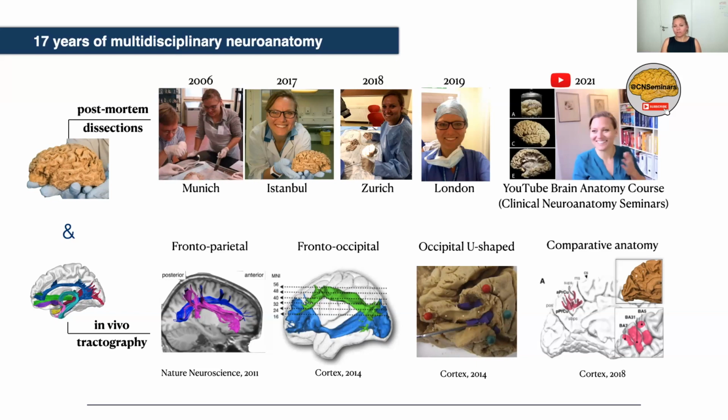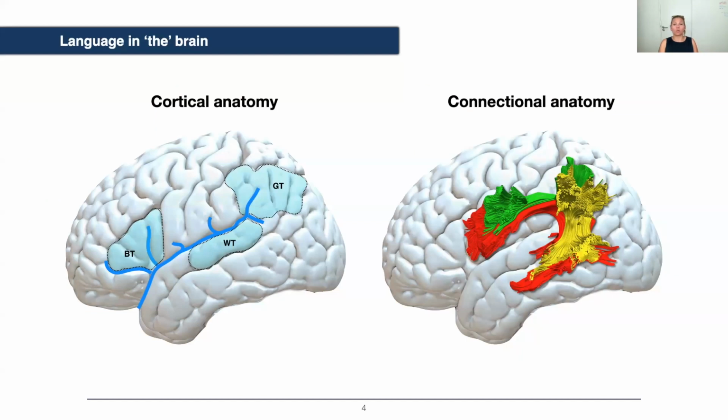Now, what these techniques, if we put them all together, have taught us about the brain is a general understanding, or a general map of the brain, of how things work and where in the brain. And I want to use my talk to discuss the neurobiology of language as an example of how important variability is. So when we look at the neurobiology of language,